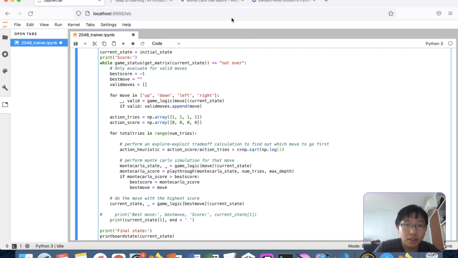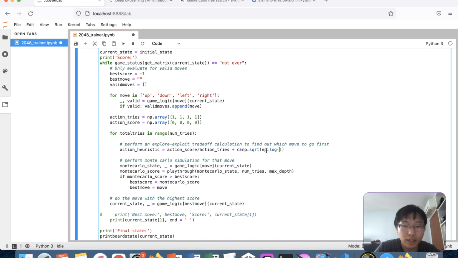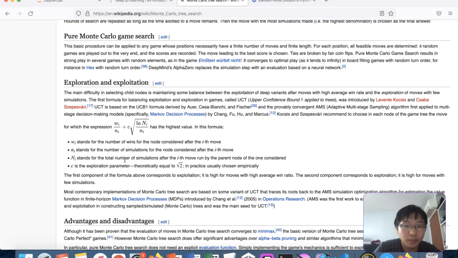np dot log. Okay, I don't know whether this is a good function as of now. I'll just do it first. np dot log ln Ni over ni. So we need to do this ln Ni, which is np dot log. And this big Ni here represents the total number of simulations after I move run by parent node of the one considered,